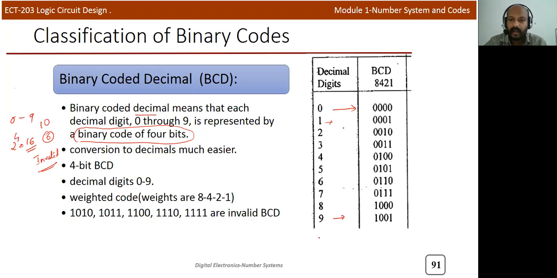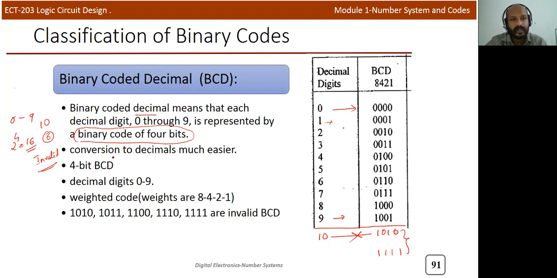After that, we will write the decimal value 10, but 10 can be represented by using 4 bits, but we will not use this in BCD. If you use 4 bits, we can represent up to 1111, but we will not use the binary sequences from 1010 to 1111. That's the difference between normal binary and binary coded decimal.